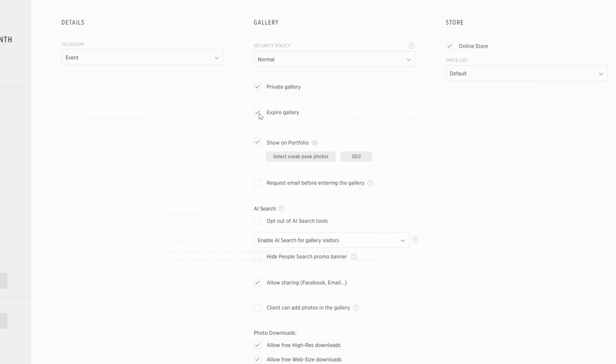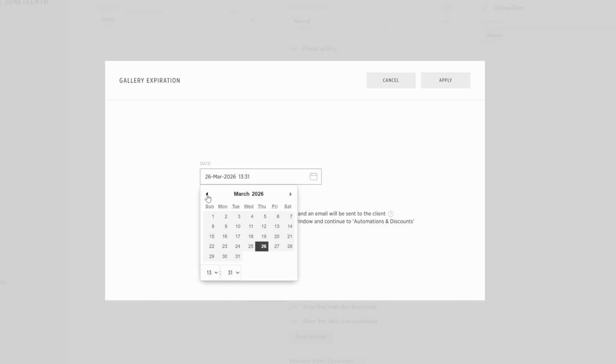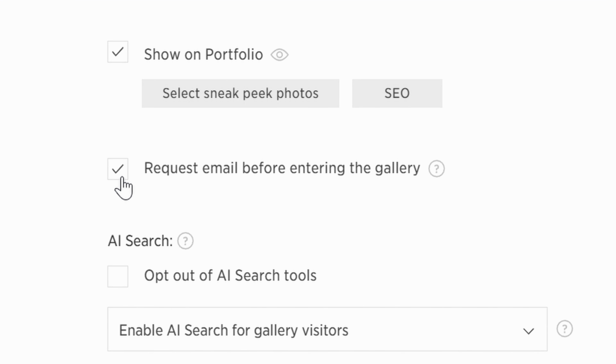You can also set the gallery to expire after a certain period of time, sort of like WeTransfer works, if you'd like that. You can also make it so whenever someone accesses the gallery, they have to input their email, and you could create an email list for a newsletter or something like that for your business. And like I said, there's a bunch more stuff, but that's kind of the main things that have the most